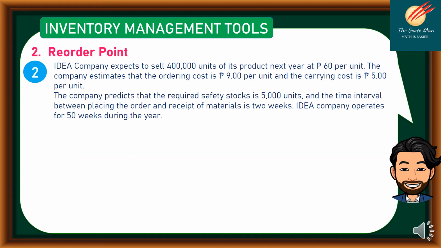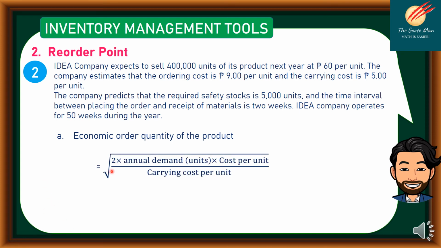So let's solve first. Letter A is the economic order quantity of the product. Let's recall the formula: the square root of 2 times annual demand in units times ordering cost per order, divided by the carrying cost per unit. Take note that the annual demand is 400,000. Then we have 9 pesos, that is the ordering cost, divided by 5 pesos, that is the carrying cost. So this is equal to